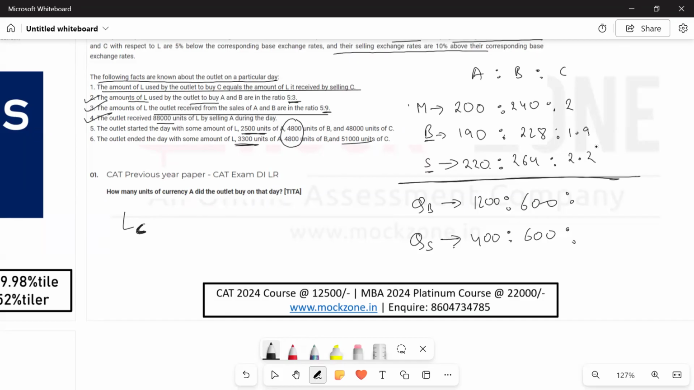We know that to buy 1 unit of C, we need to spend 1.9 L. So if we have spent LC, how many units would we have bought? LC divided by 1.9. And similarly for selling, for 1 C we get 2.2 L. So if we are selling for LC amount, then how many units will we sell? It will be LC divided by 2.2. These are the number of units we have sold, and these are the number of units we have bought. If LC is the total amount of L we are getting from C,